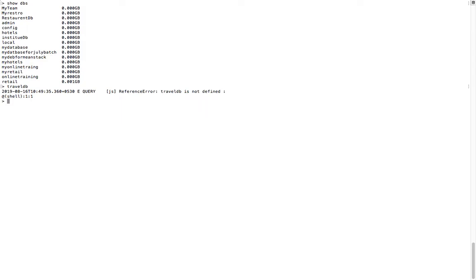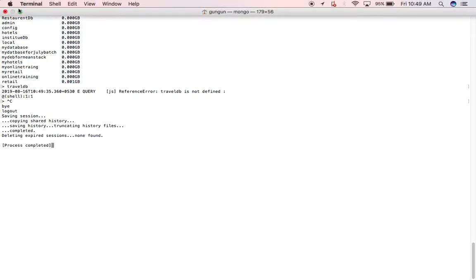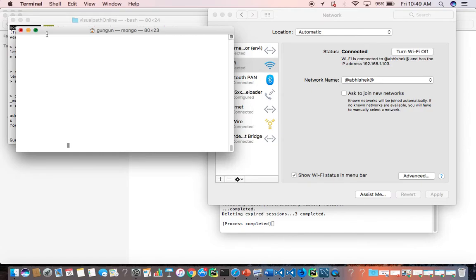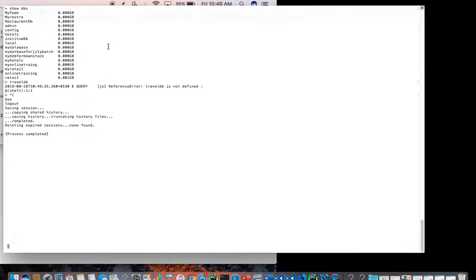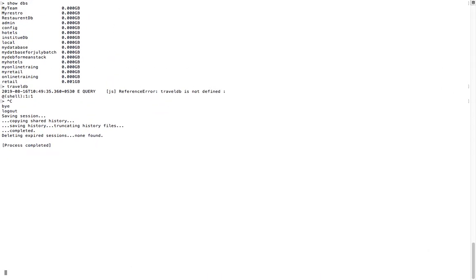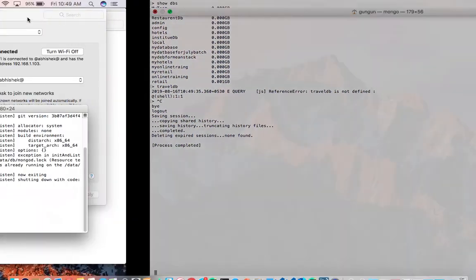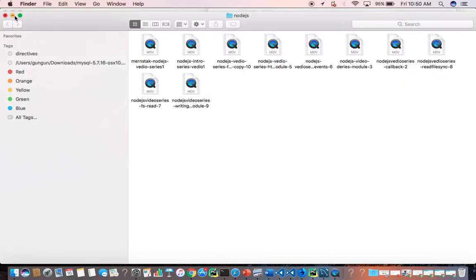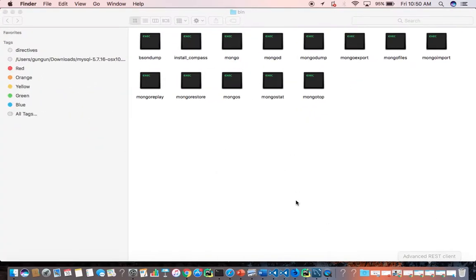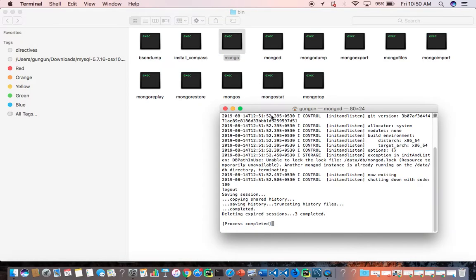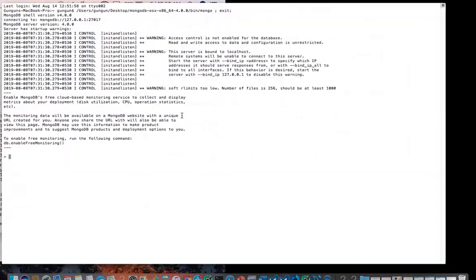Something is wrong here. Yes, we need to use the use keyword. Let me close the MongoDB console and open it again. MongoDB is already open, so I am opening a MongoDB console.